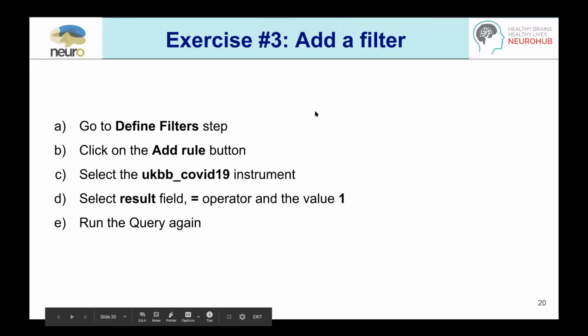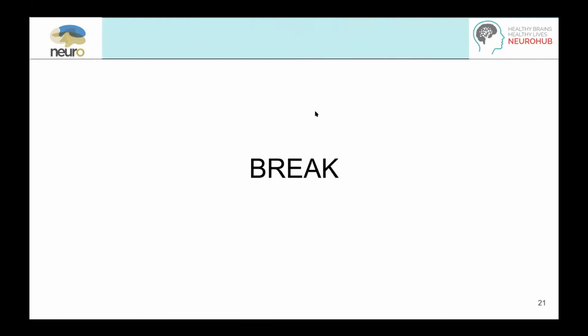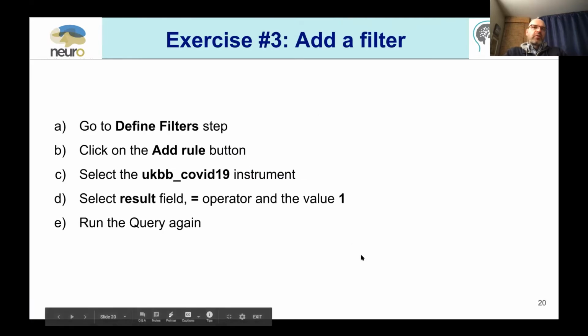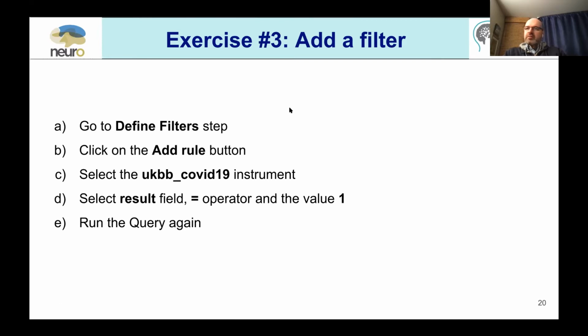So I'll continue. I don't see any raised hand. Well, maybe let's just see verbally from people. Are people able to, maybe they can type into the chat, have they been able to go through login or exercise 1 into the Loris UKB instance? And then secondly, conducting the second exercise of running the first similar query and then adding the data field. Can people maybe just give us some remarks in the chat just to let us know?